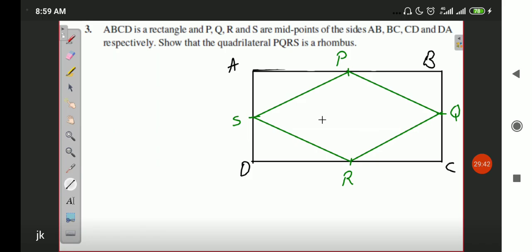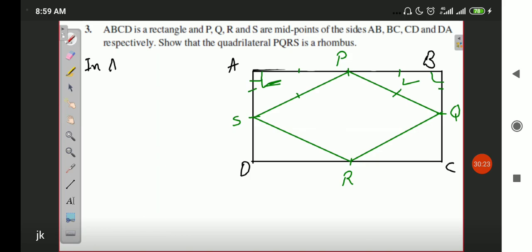So in order to prove that, I am going to prove that triangle ASP and triangle BPQ are congruent. This is very easy to prove. Angle A and angle B are 90 degrees. P is the midpoint of AB, therefore these two lengths are equal. And since AD and BC are equal, half of AD is AS and half of BC is BQ, these two are also equal. By SAS congruency, we can prove that these two triangles are congruent, and by CPCT, we will say that these two lengths are equal. Okay, so let us continue with that.